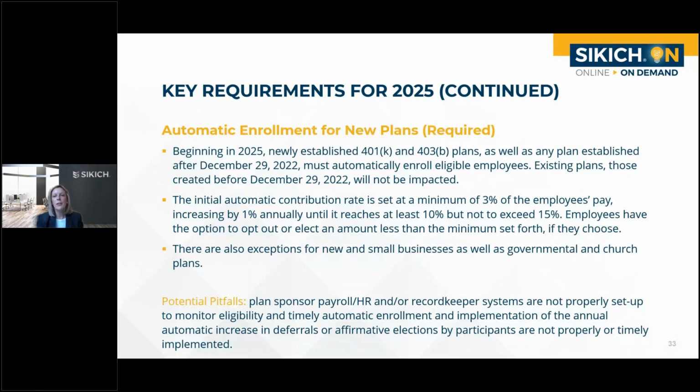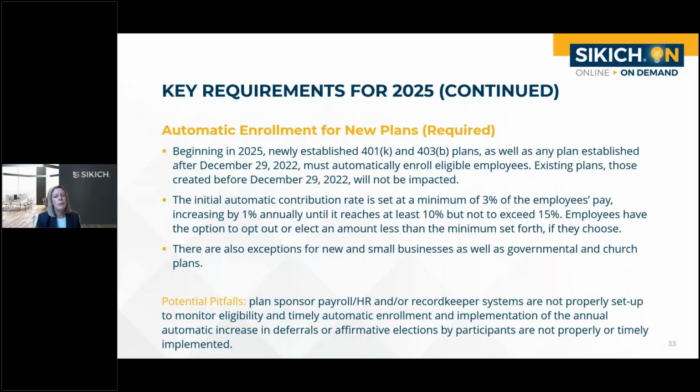So I did want to call that out, although we have seen, at least in my experience, an uptick in a lot of plans voluntarily electing these provisions, which is great to see as well. So with these requirements, the initial automatic enrollment contribution amount must be at least 3%, but not more than 10% for the plans. And each year thereafter, that amount must be increased by 1% each year, up to 10%, but